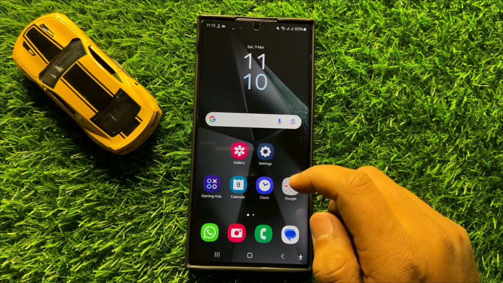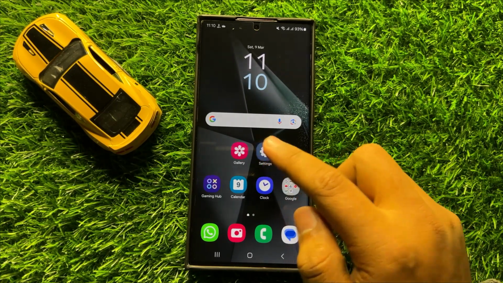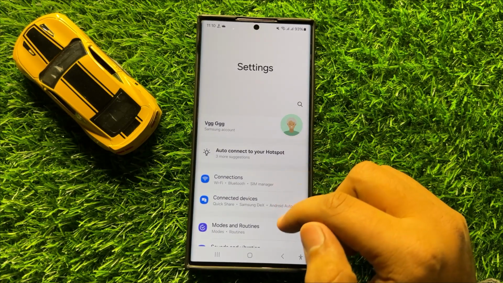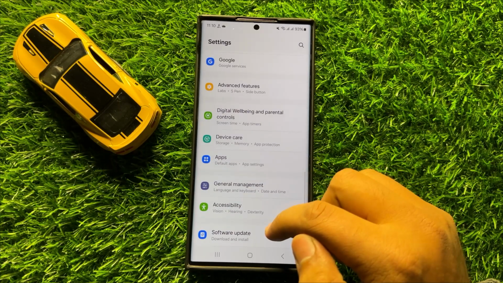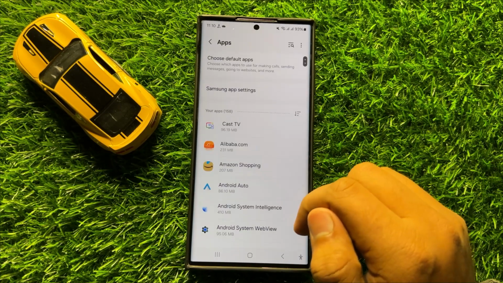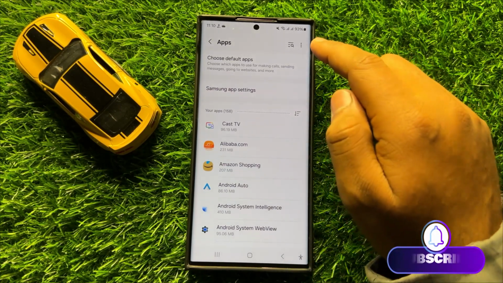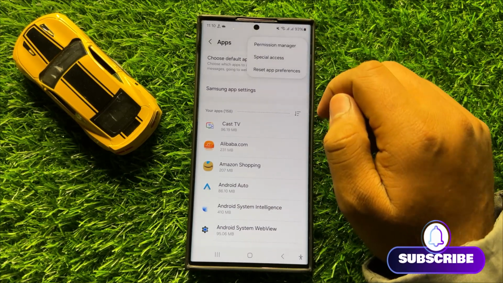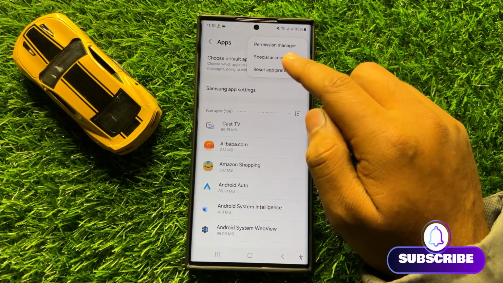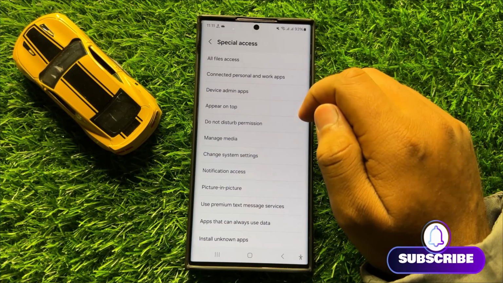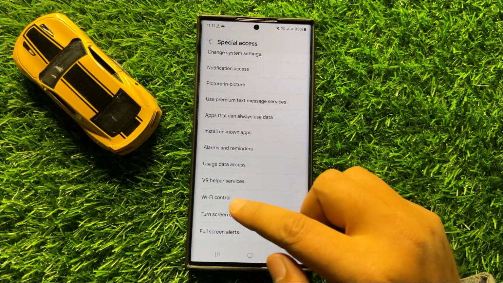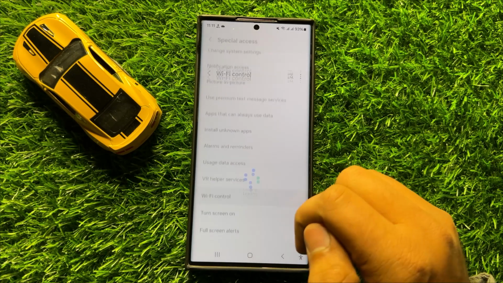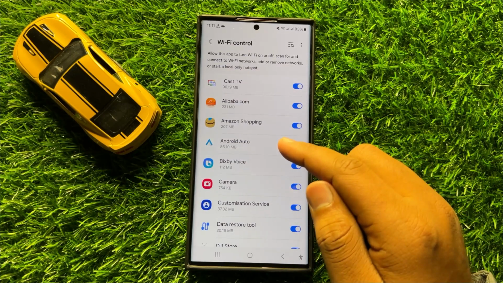So first of all, open settings. Now in settings, scroll down and here click on apps. Now in apps, click on this three dot more icon and from here click on special access. Now in special access, scroll down and here click on Wi-Fi control, and now here it will show you the